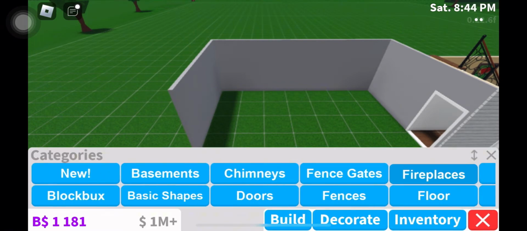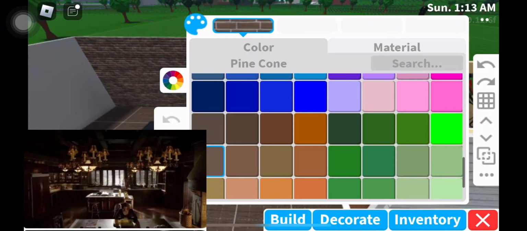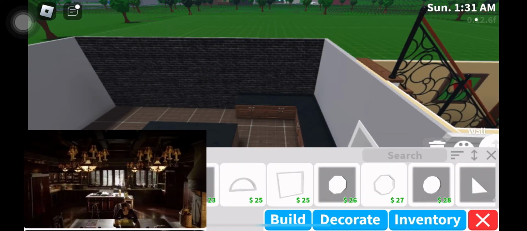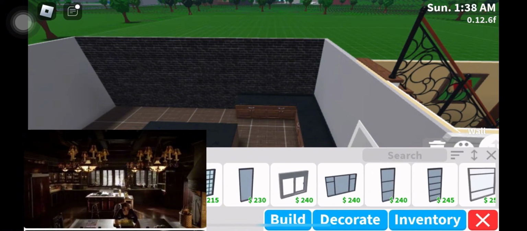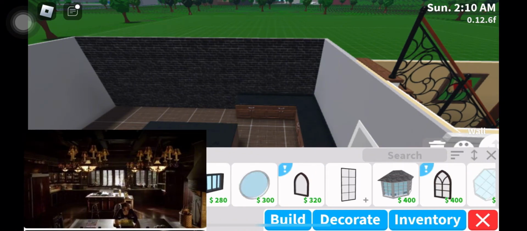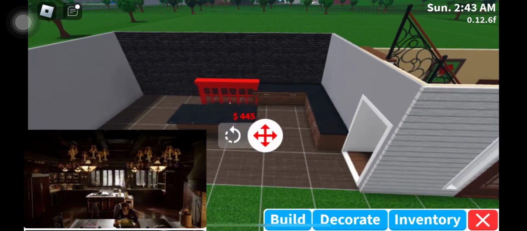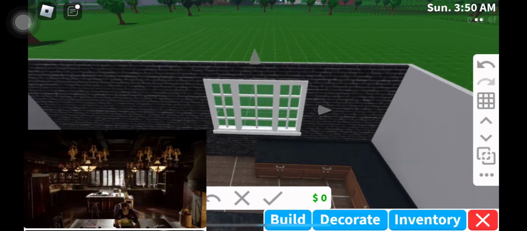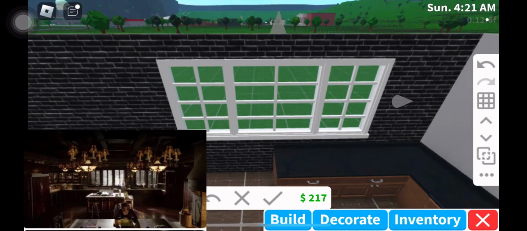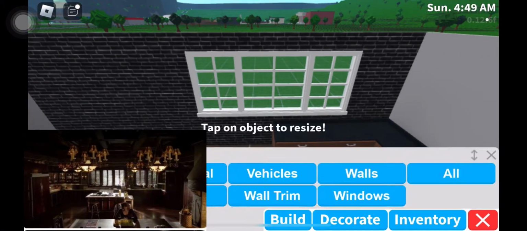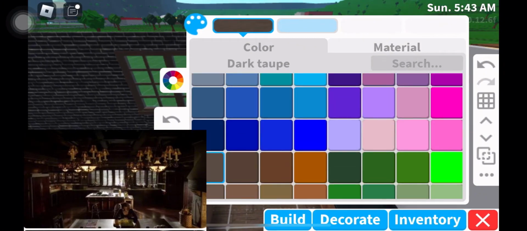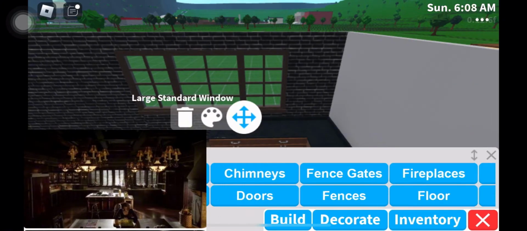Okay, so I was very excited for this room. Now I really wasn't sure what windows to do because as you can see in the photo, the windows are quite large, but they don't really have many windows that match that style. So I thought I'd just use these and kind of stretch it out a little bit, see if that works, recolour it and add some blinds because as you can see, you can't wind down the blinds to make it look like,